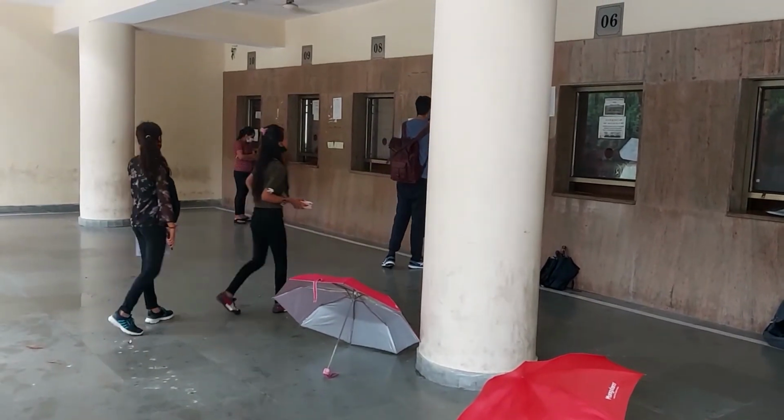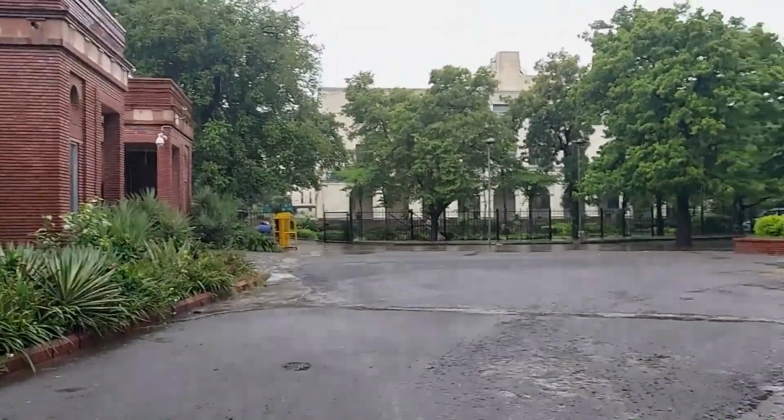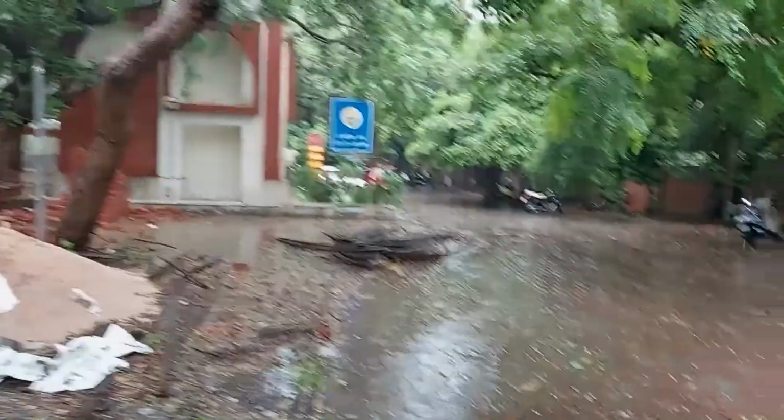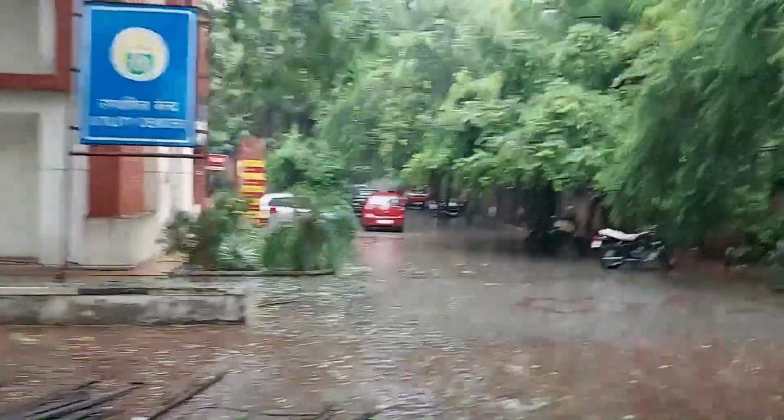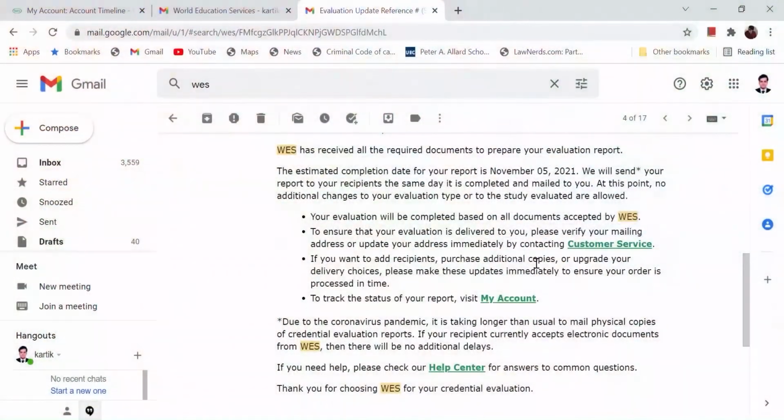So guys, this is my university window from where I collected my transcripts. Now I will be posting my documents via India Post. The post office is located in my college campus. You have the option of sending your documents to WES USA if the flights to Canada are not active in your country. So guys, after 15 days my documents reached the WES office in Canada, and I received this mail from them that they have received the documents and they will be providing my assessment within a month, but it came quite early, within 20 days.